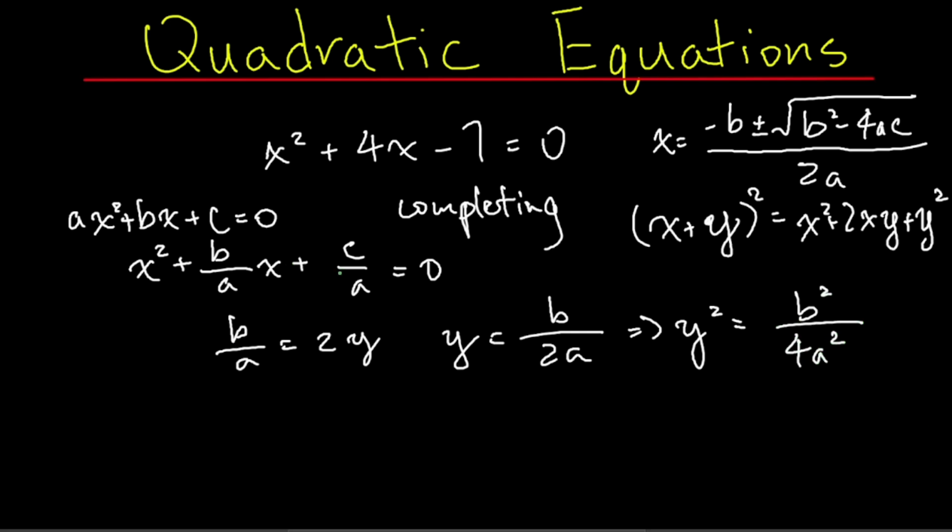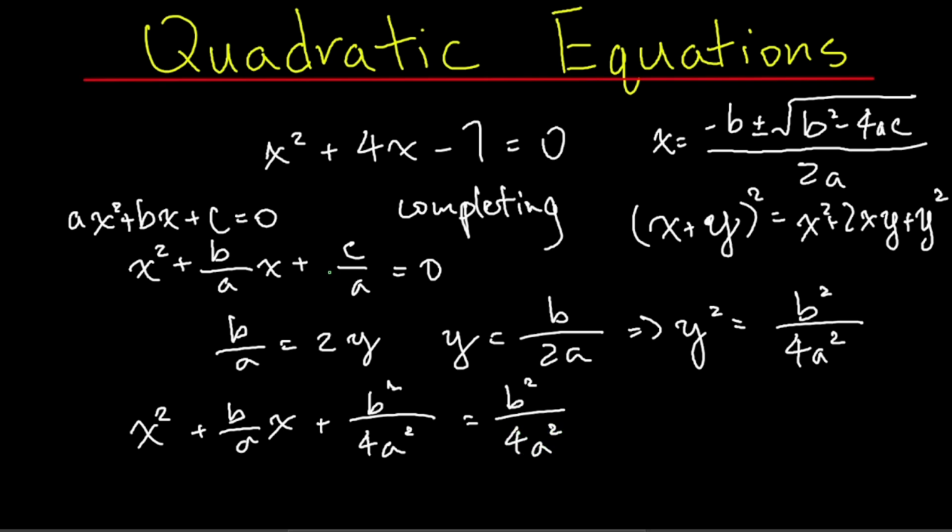So in order to complete the square here, we're going to add this term on both sides of the equation and move this to the right hand side. And we will be left with x squared plus b over a x. So the first two terms stay the same. We're going to add b squared over 4a squared on both sides of the equation. So b squared over 4a squared. And then remember, we moved c over a on this side. So we get